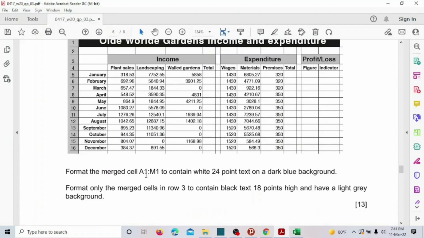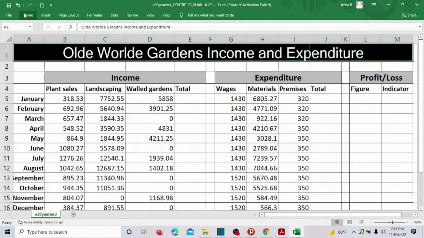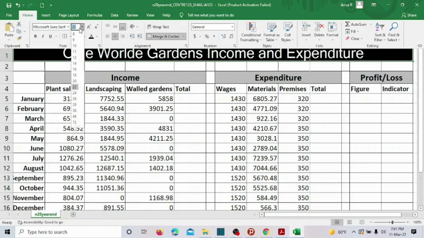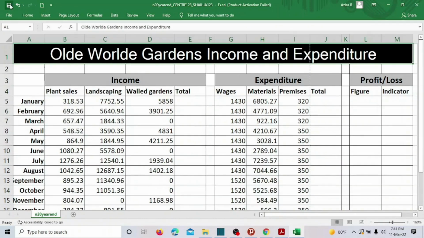Format the merged cell A1 to M1 to contain white 24. Okay, it's given there. Yeah, 24 it is. Let's change that to 24. How much we took here? Oh, 22 we took. Okay, let's make it 24. That's it. Next,